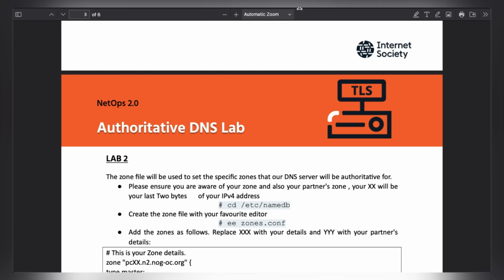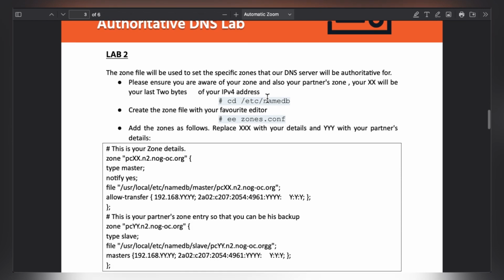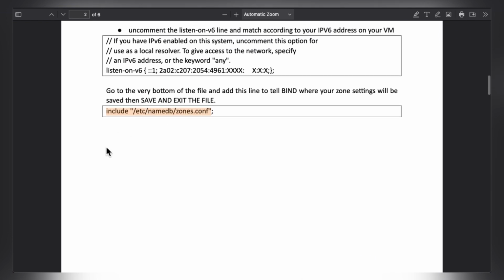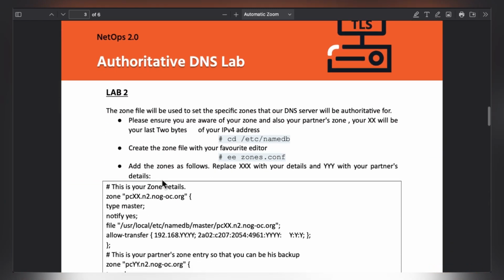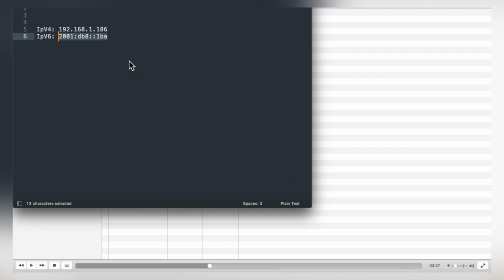Okay, so now my screen is clear, and I want to go to the next step. The next step is to create the zone file. Though we just included the zone file down here, the file is not yet created, so the best practice is to create this file as well. The code you're going to use is this one, so I would like to first copy this code. In my code editor, I want to add the zone file,